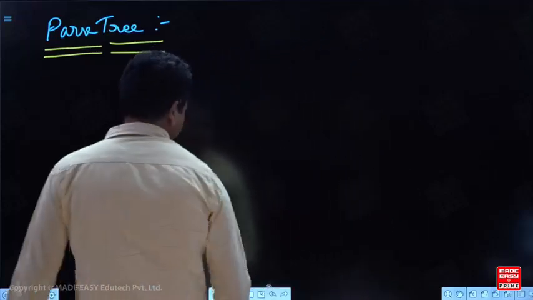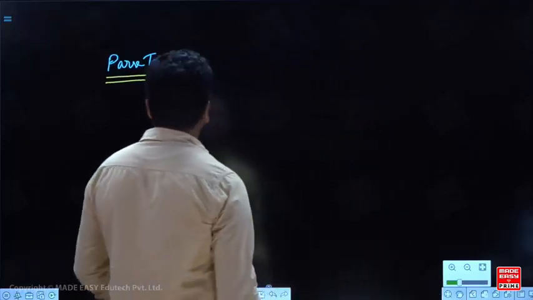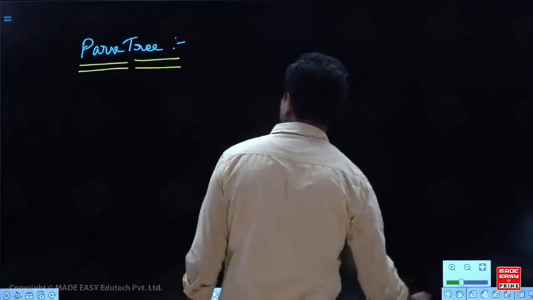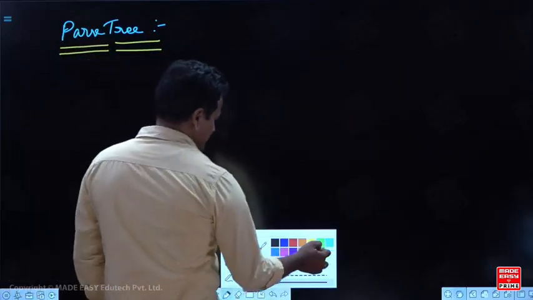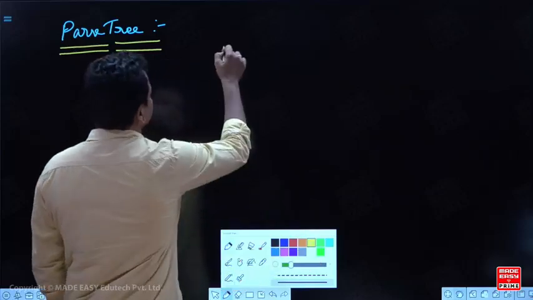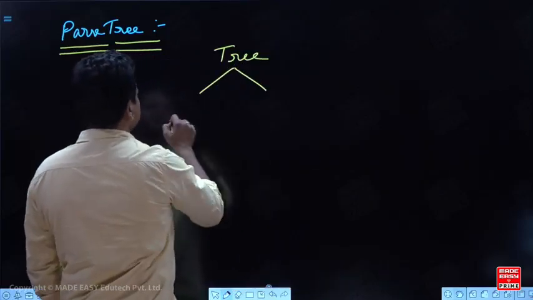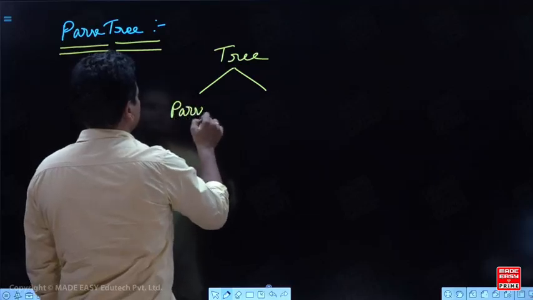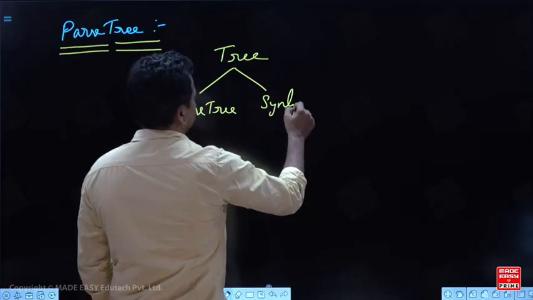Next, parse tree. What is parse tree? Already, actually the tree can be either parse tree or syntax tree.